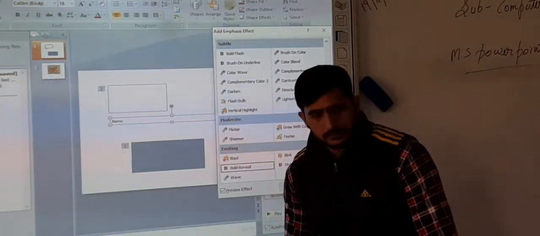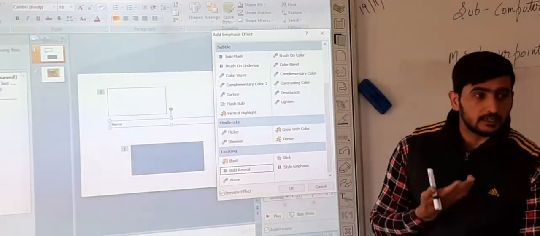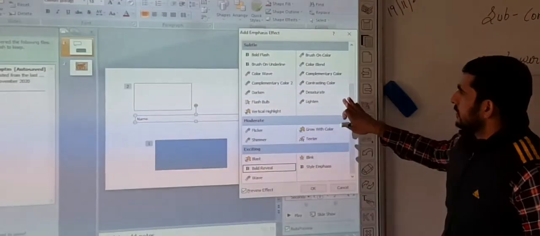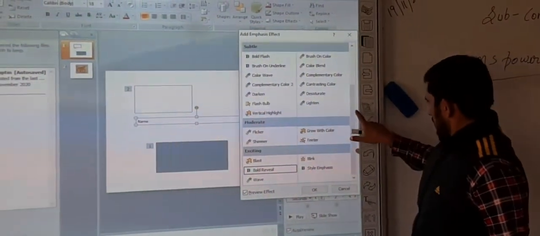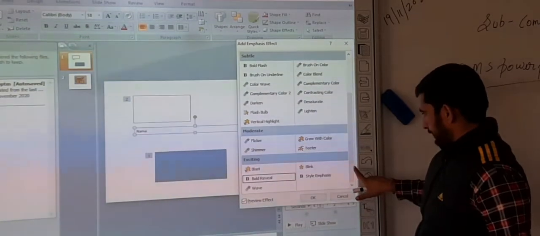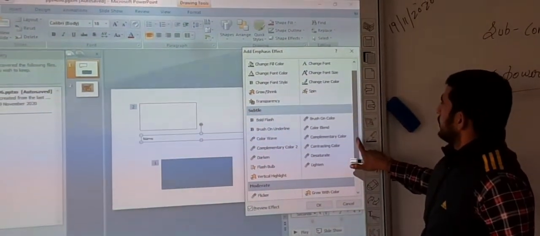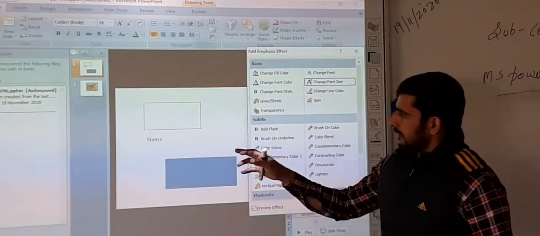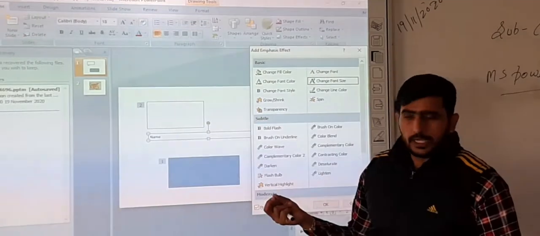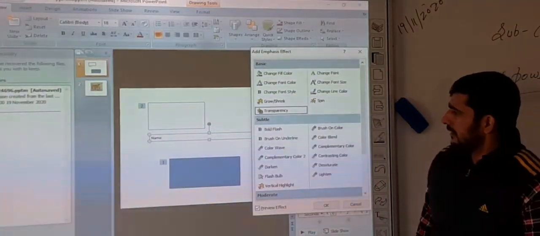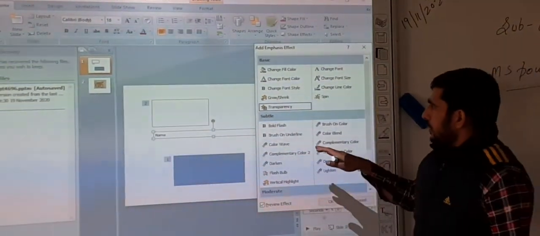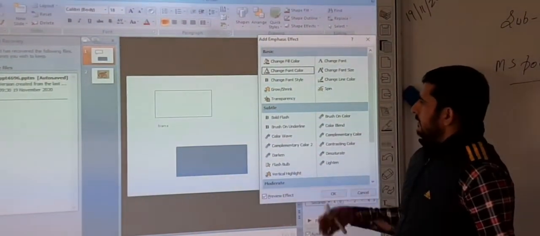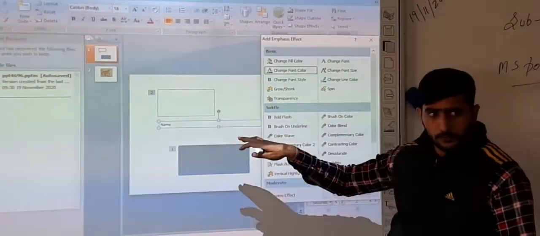So you will see that the text is changing its width, it is going for the bold letters. Okay. So lots of effects you can apply for that. Let me find out. Okay, you have seen the size is increasing. Okay, so whatever you want to do with that, you can do with that. You can see that it will change the color also.